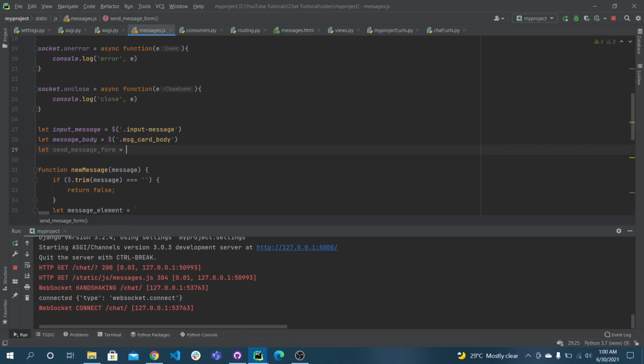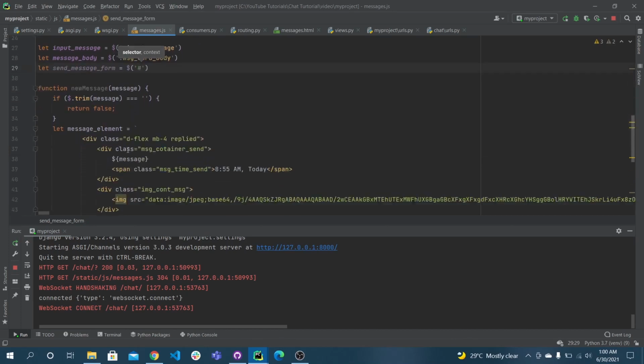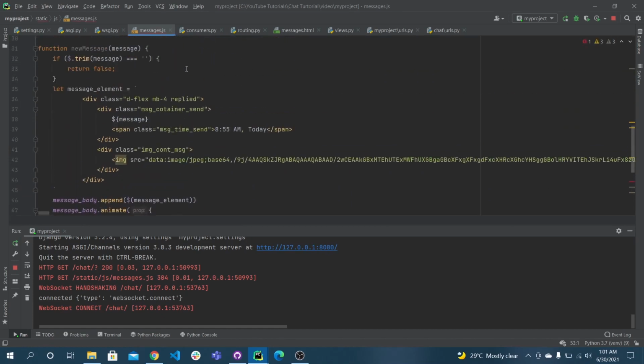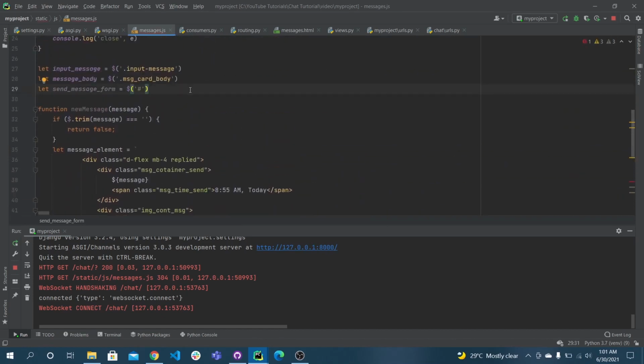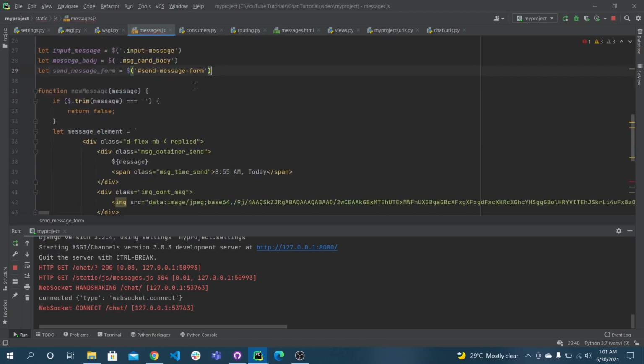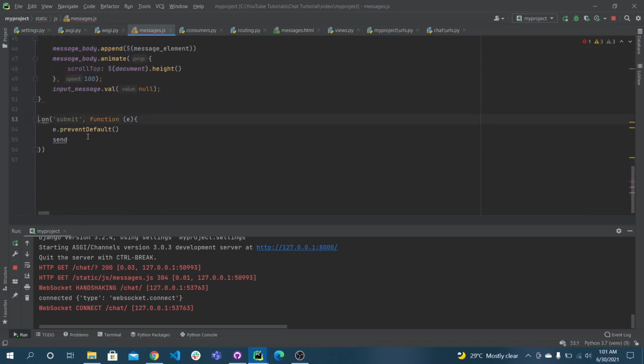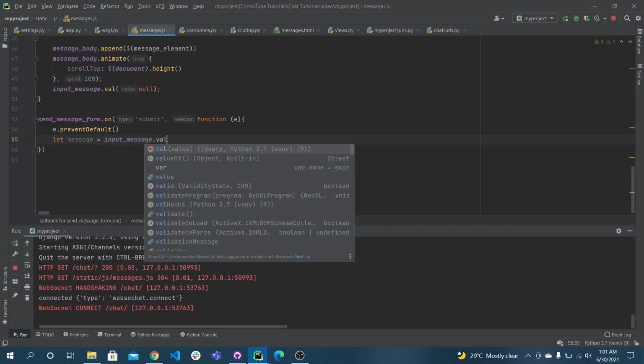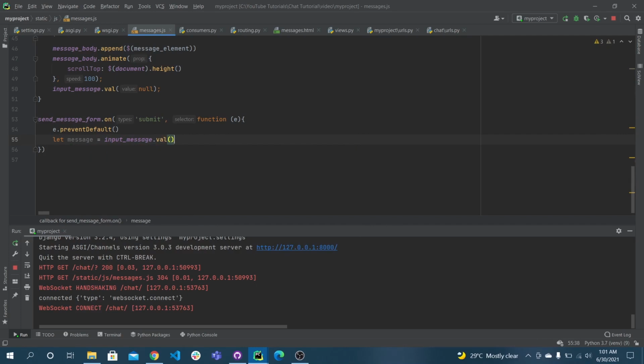I'm creating the variables for a little bit more simplicity. Cut this and paste here, I think, yeah. And now sendMessageForm. Now let message equal to inputMessage.value. I'll get the value of the input message.